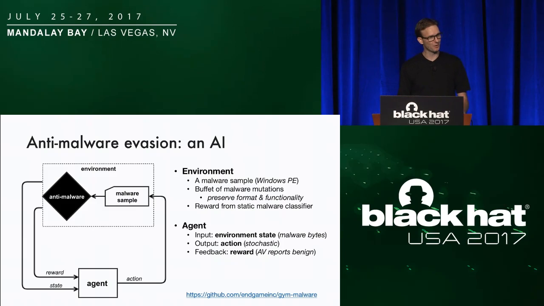Okay, so how does this relate to evading machine learning malware detection? All we're going to do is replace Atari with a new game. And in this new game, the new Atari Breakout board is actually a malware sample. There are a number of actions that we can perform on this malware sample. And there's a new reward mechanism, and that reward mechanism is the machine learning model that we'd like to attack. So the reward looks like this. If I bypass you, you give me a strong reward. If I don't bypass you, I get 0 reward.